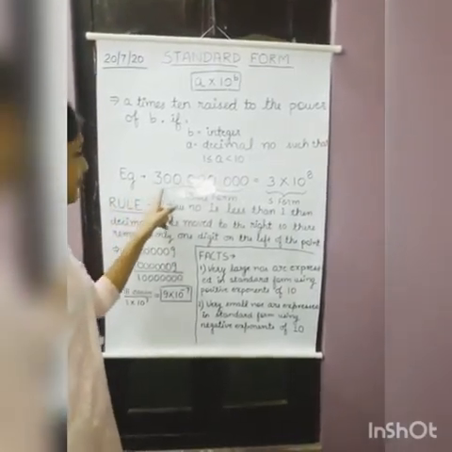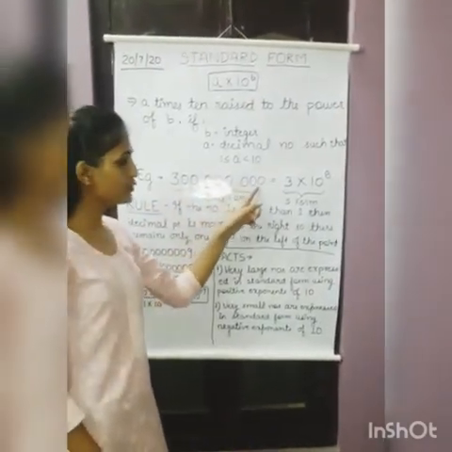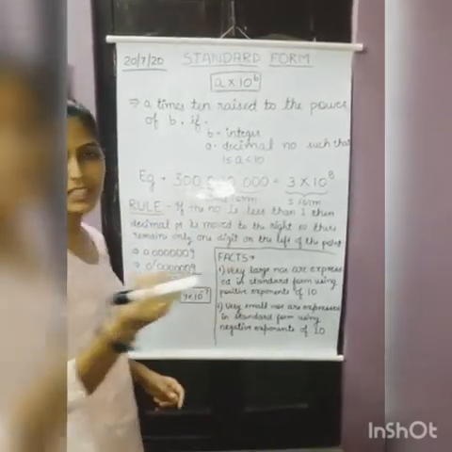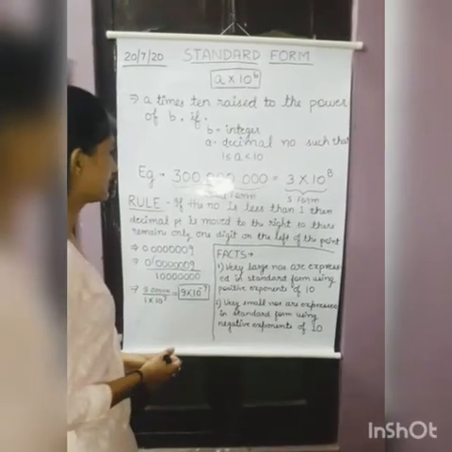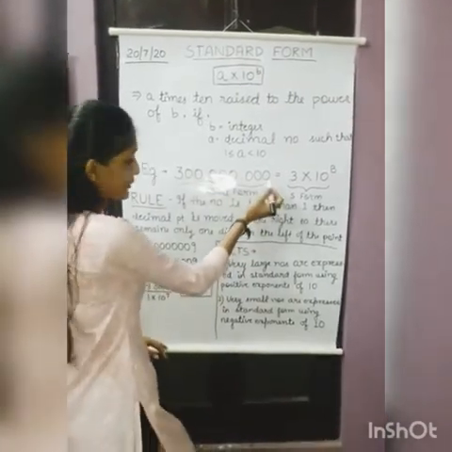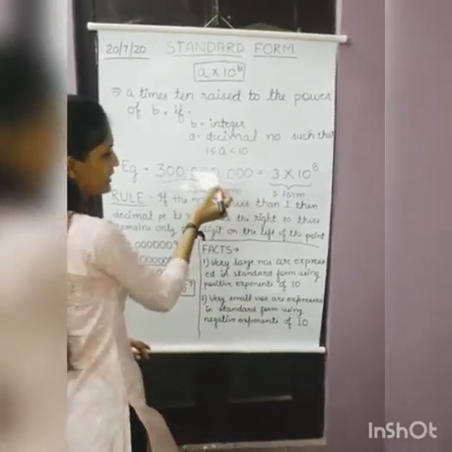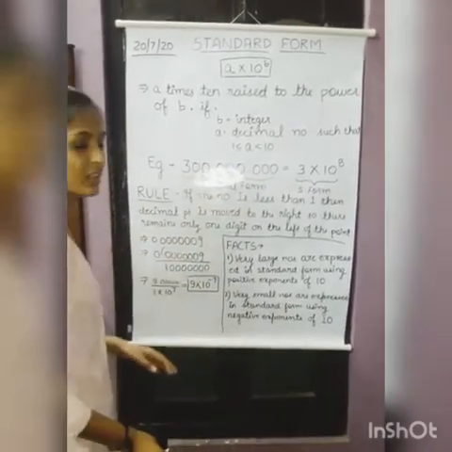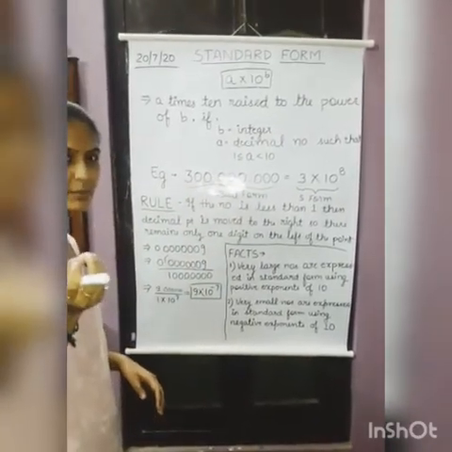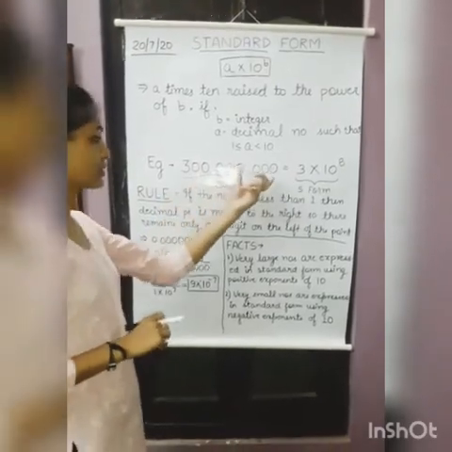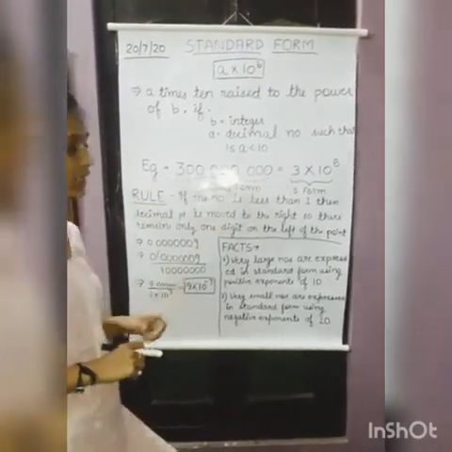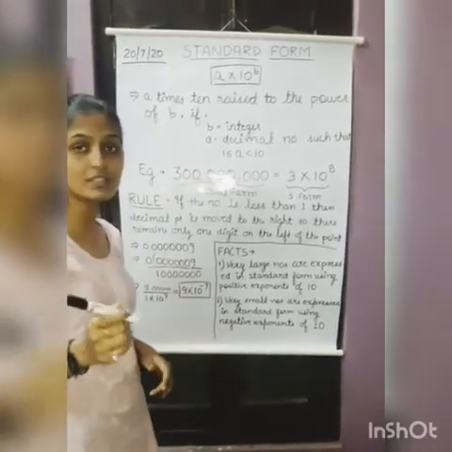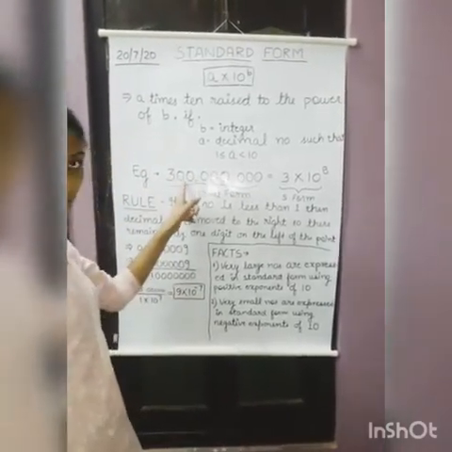Here, I have taken a number in usual form. If you read this number, it will take a few minutes of yours, like you will start counting from here: ones, tens, 100, 1000, 10,000, lakh, 10 lakh, crore, 10 crore. You found it a little bit uneasy. You were reading so long and then you finally got the number as 30 crores. So, to avoid the situation, I'll convert this number into standard form.